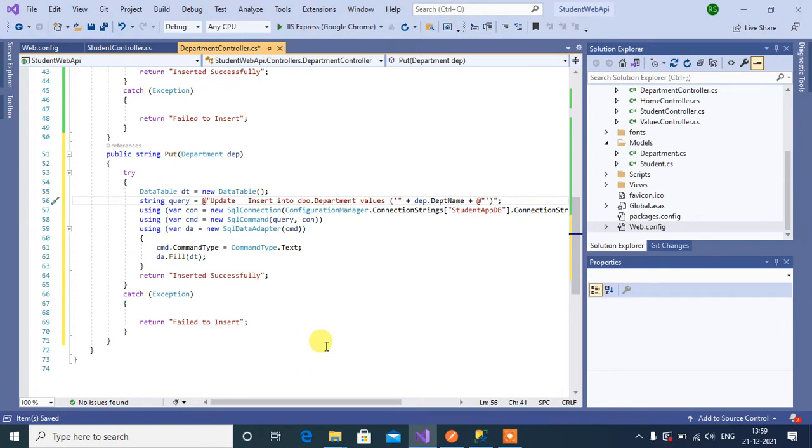Update, then table name. Here the table name is dbo.department, and then set department name. Here we can modify only the department name based on the given department ID. Department name